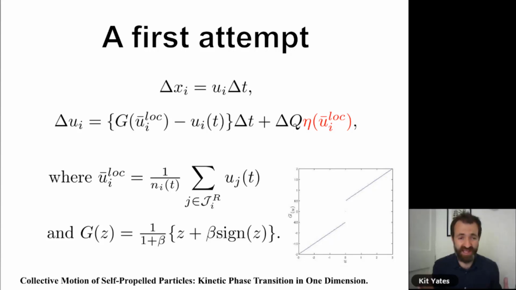This is the most mathematical slide, so don't worry too much about this. But all this says is that each locust, which is indexed with the letter I, will change its position by updating using its velocity, which is called UI, and multiplying it by the time step. So we take this moving forward in discrete time steps. And then this is how the locusts update their velocity in each time step.